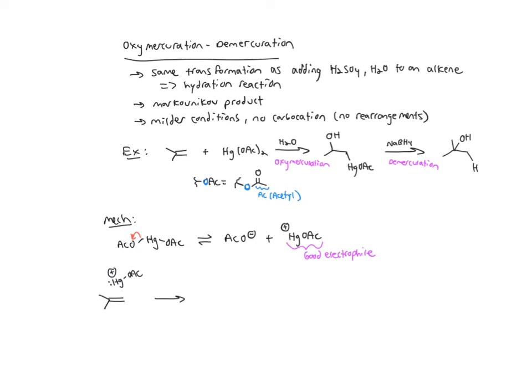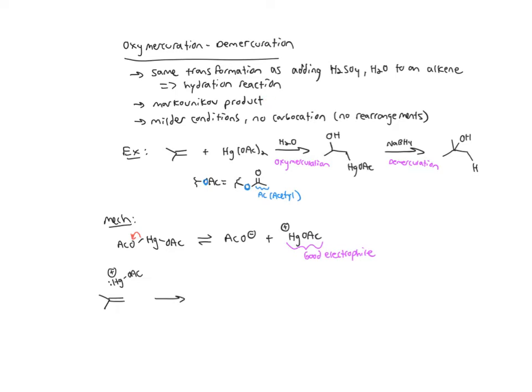For the reactions in section 13.6, we're going to be talking about three-membered ring intermediates that act like carbocations, but they're not full-out carbocations. This first reaction is an oxymercuration-demercuration, and this is actually going to give us the same transformation as adding H2SO4 and water to an alkene, that hydration reaction. It's going to give us the same type of product, which is the Markovnikov product, but